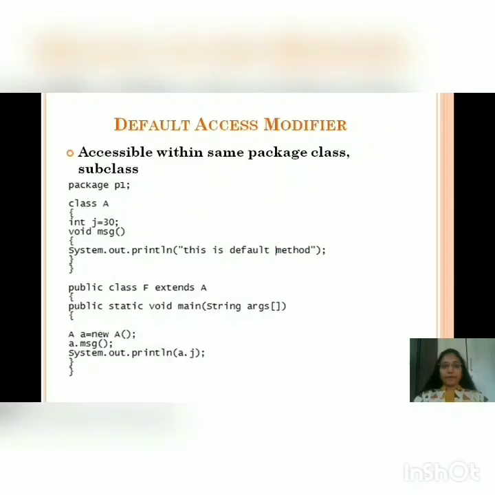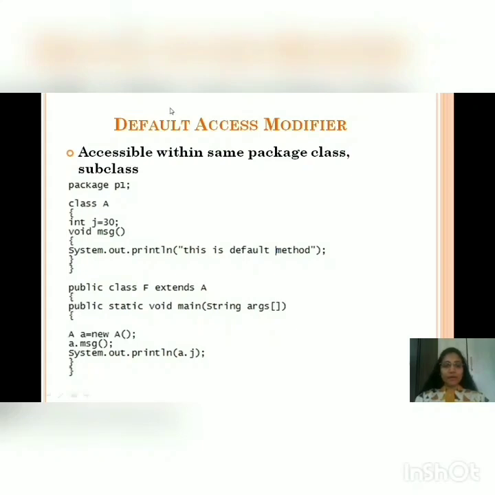Next, example of default access modifier. Default access modifier has access to the same package only, means same package class, same package subclass, but it does not allow access to a different package. Here class A is default as I have not written anything before it. That means I have not written public, private, protected, anything before class A. So it is a default class.